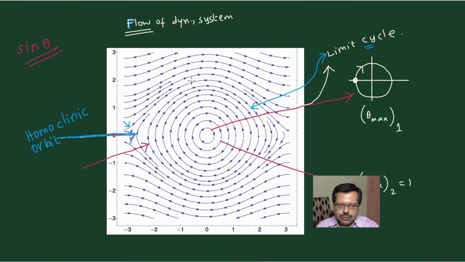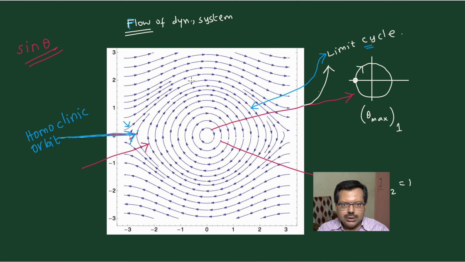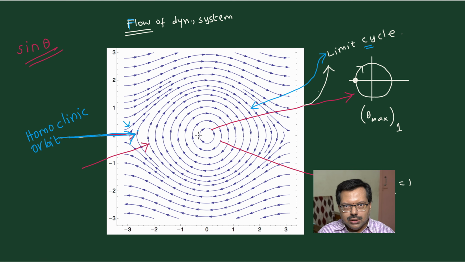So let me once again repeat the definition of the homoclinic orbit. It is basically the trajectory of the flow of the dynamical system that lies in the intersection of stable and unstable manifolds. Stable manifold means the one with properly closed orbits like a circle or an ellipse. The moment they are closed, most of them are stable, which means they will repeat themselves. That is called stable. Unstable means the open ones.